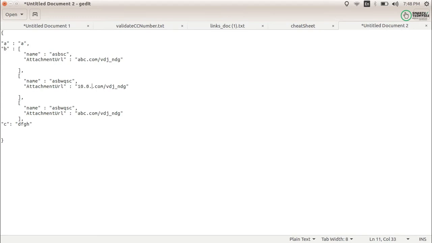Let's say this is the IP, and some documents have the actual domain name. So what I need to do is change this parameter to abc.com or pqr.com, whatever name I want. I want to replace this value with this.